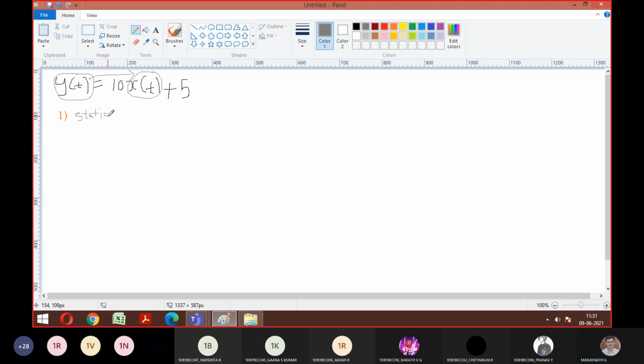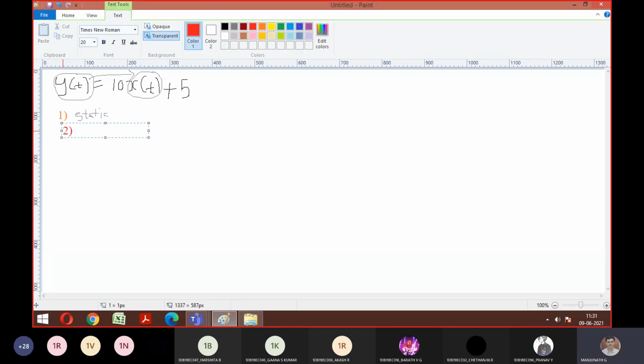Okay guys? Move on to the second one. So today we analyzed all the 6 properties. We went through static, then linear, then stable, then causal, then stability. Correct. So we'll stick with one procedure so that you do not get mixed up about what to do next. We'll go with one flow. After static, if you want, you can do linear, causal, it's your wish. But stick to one procedure. So let's go with your second one.